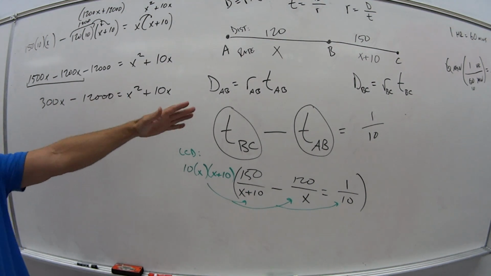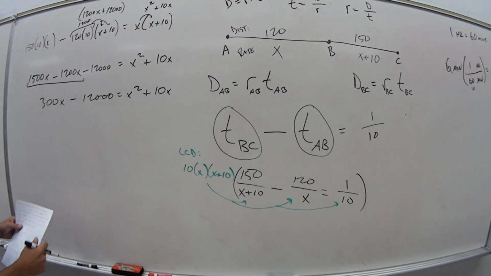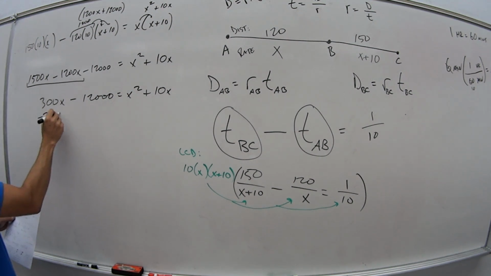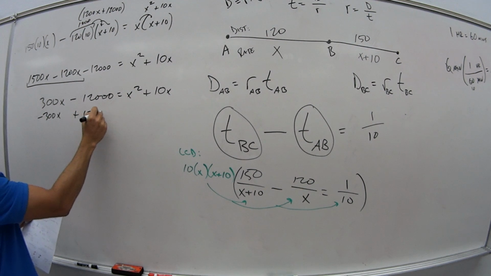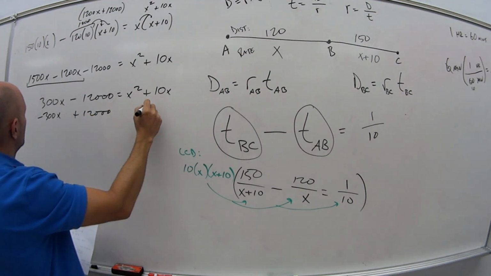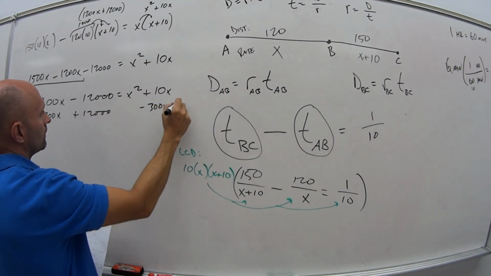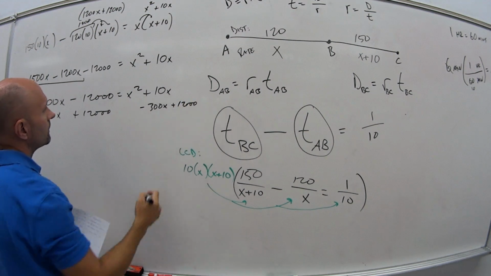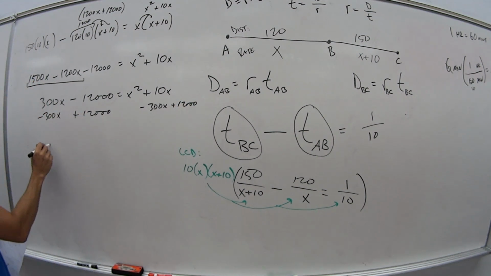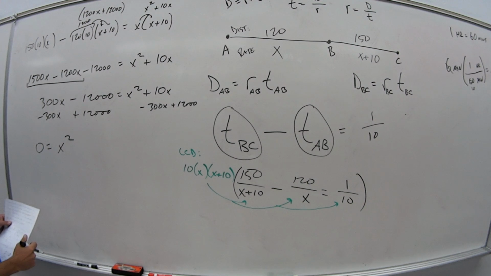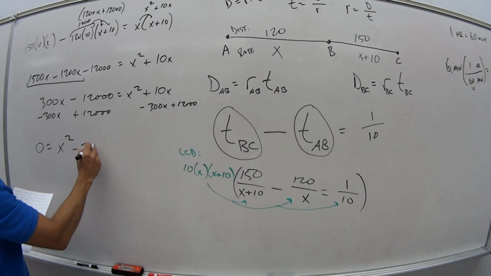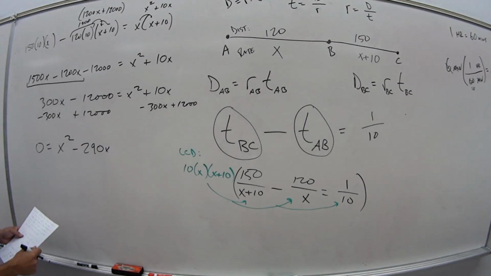So I'm going to move everything over to the right so that my x squared stays positive. So I'm going to subtract 300x, and I'm going to add 12,000. So that gives me 0 is equal to x squared minus 290x